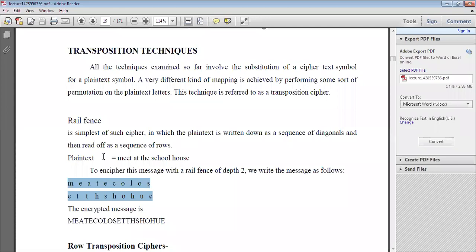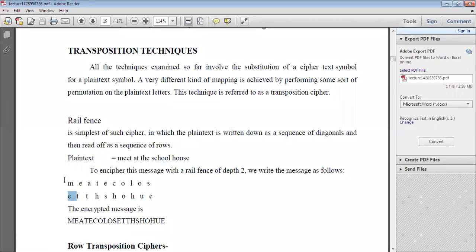Here you can use that simple technique, the rail fence technique. In the rail fence technique at depth 2, you write like this. This is the original plain text: meet at schoolhouse. You can use depth 3, so a third row also has to be considered. You can use depth 4, a fourth row.